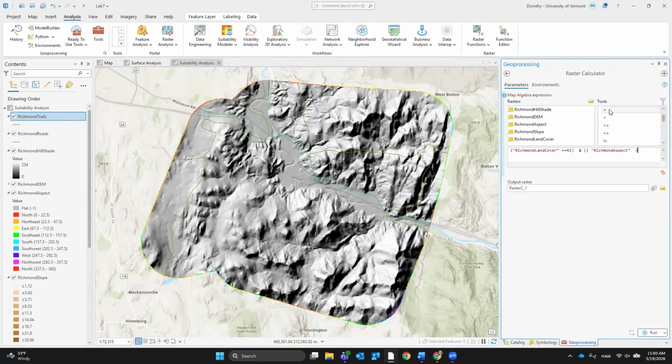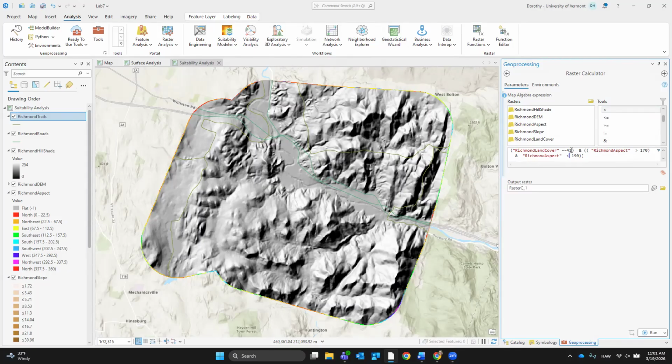greater than 170 parentheses, and we want aspect to be less than 190, right? So that's 10 and 10 and double parentheses. So, right, there's two selections from the same feature. So you have to do the double parentheses in here because you're trying to find something that's in between.